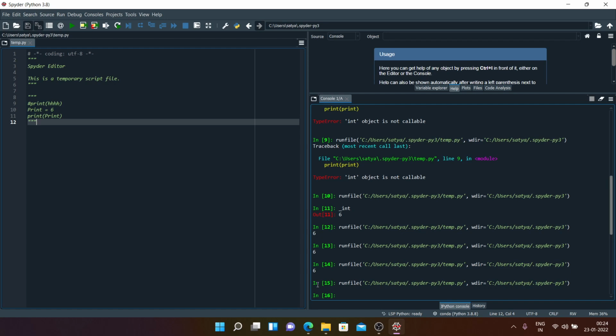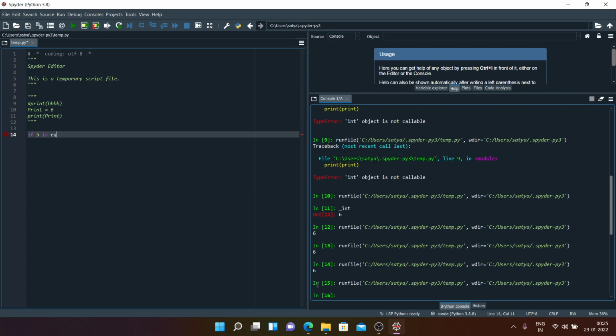Okay. So now let's learn about indentation. Let's say we want to have some kind of a function or a block of code, then there is something called indentation. So basically indentation is a tab space. A tab space is basically pressing your space bar 4 times. So now let's say I have an if statement: if 5 is equal to 6, or 5 is equal, or let's say 5 is